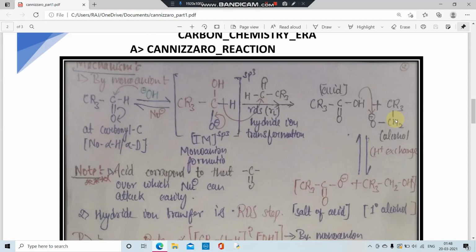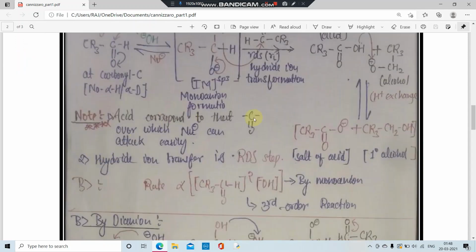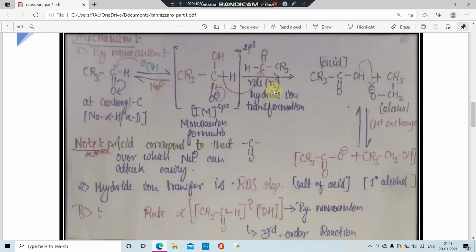Look, this is an acid, and this is an alkoxide ion. Between this acid and alkoxide ion, the H plus exchange takes place, meaning the OH bond is going to break and the H will be taken by this O minus. So we are going to get the final product as a primary alcohol and the salt of the acid, if there is NaOH or KOH present in the reaction. Now,